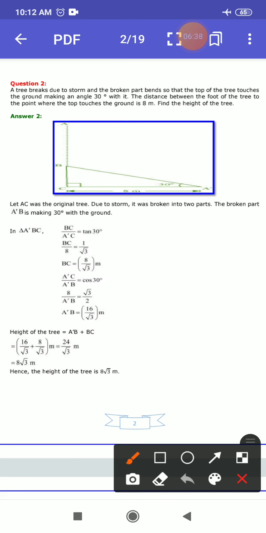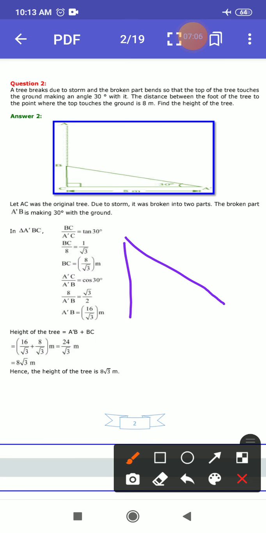Here you very well know a tree. This is your tree. And if a storm is going there, then this tree is pulled out here, just like that. Okay, this part of it is moved to the earth. So that means now the condition of the tree is just like that. This is your condition of a tree.